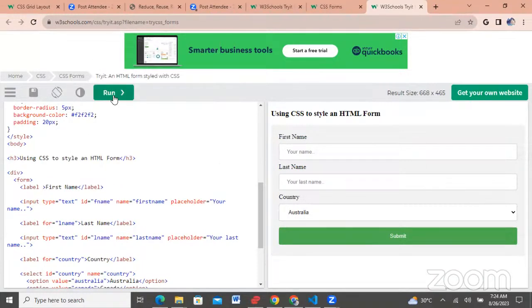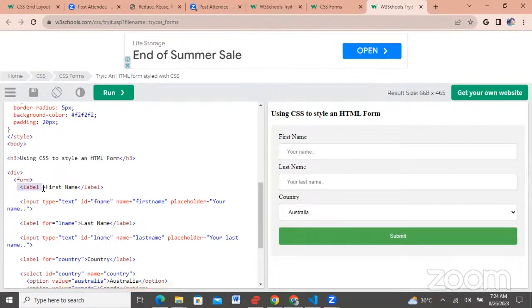You open a label element, you write the first name as the label, then you close it. But always remember to add this attribute called for equals to name when you open the label, just like this. So, first name. Now the input